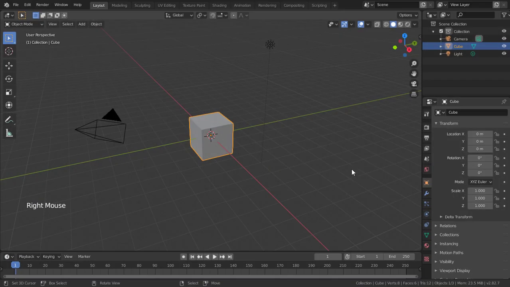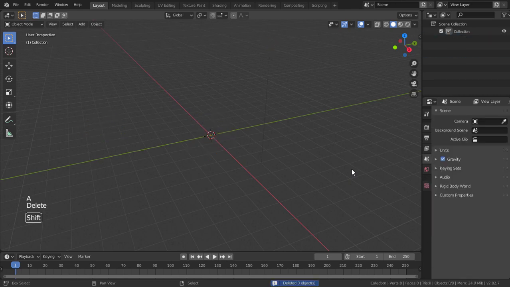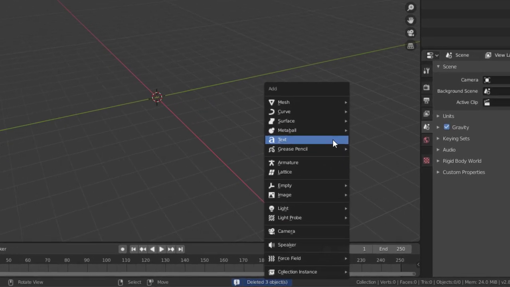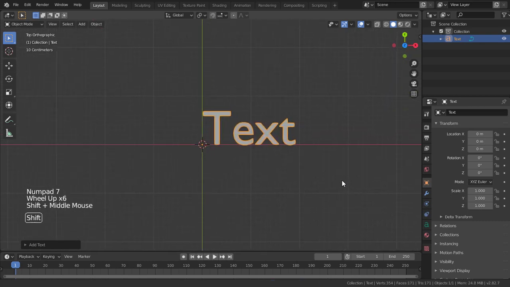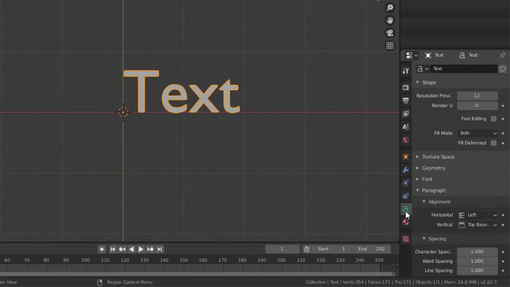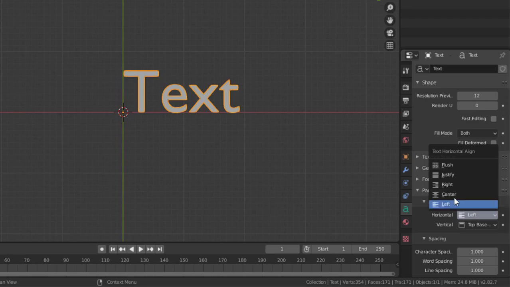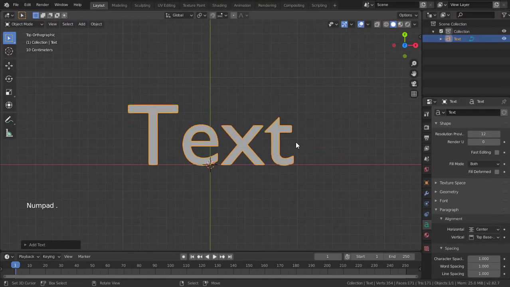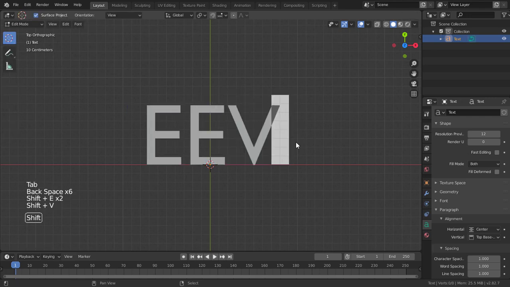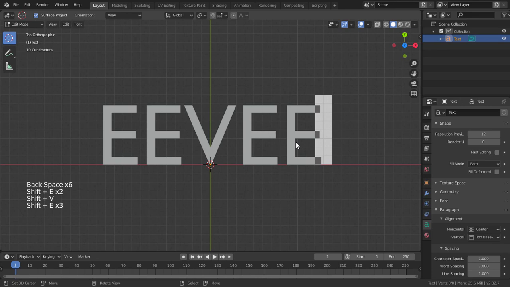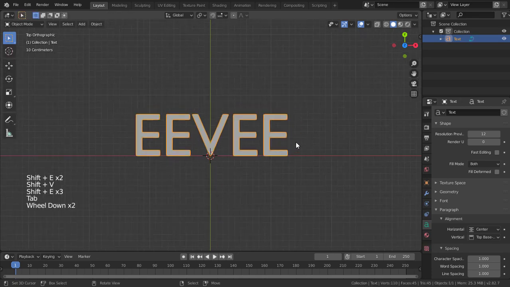First, create a new Blender project, and delete all objects in your viewport. In this session, we use solid text for the intro video. Therefore, add a text and turn your viewport into front view. Now zoom into the text. After that, go to the object data properties of the text and set the alignment of paragraph horizontal to center. Now, go to the viewport and hit Tab to edit the text, and type anything you like to display for the intro animation. Now hit Tab again to complete the editing.